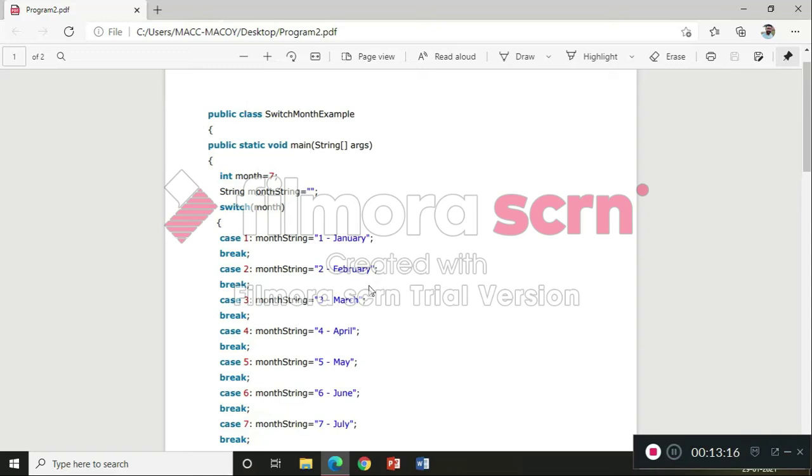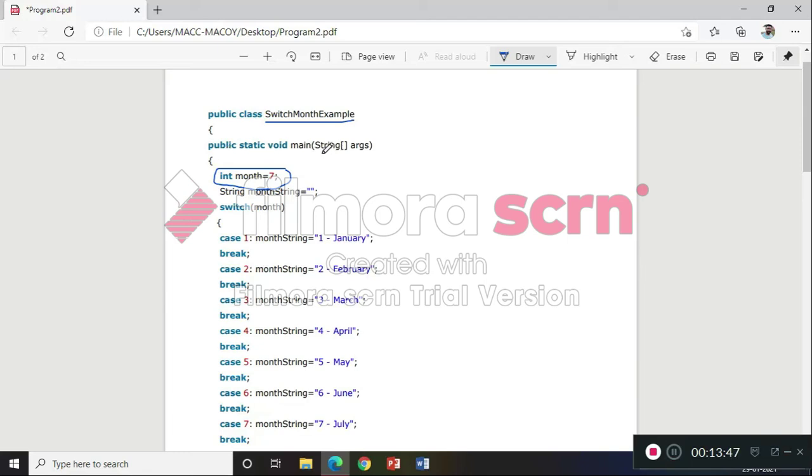What you have to do is you have to write the same program using the package that is java.util, and you have to accept the number. In this case, what I have done is I have declared the value, already pre-declared the value, right? But what you have to do is you have to accept the number from user. Okay, now public class SwitchMonthExample, you can write over here anything. This class name can be anything depending upon your choice.